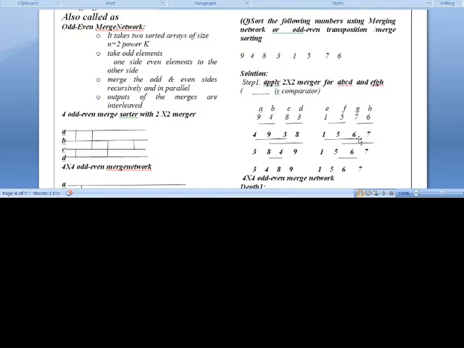Similarly, in the second half again we have to use odd, even: odd 1, 6, even 5, 7. We have to apply the 2 by 2 merge, odd-even merge sorter. Then you go to apply for BC.